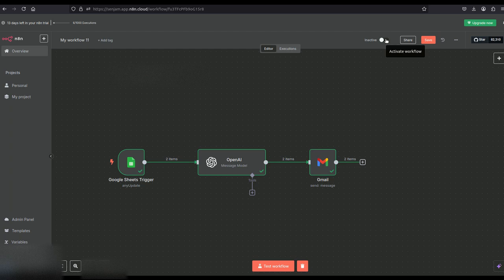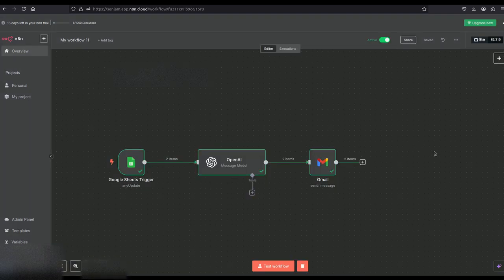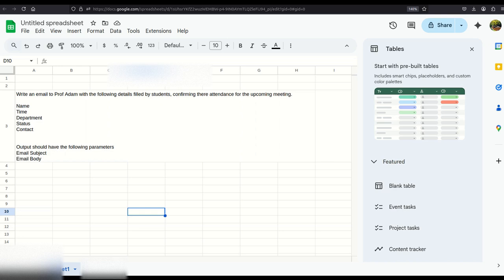So let's click activate. So it's activated. Earlier we were doing it manually by clicking on test workflow, but now we are not going to do anything. We just turn it on as active,